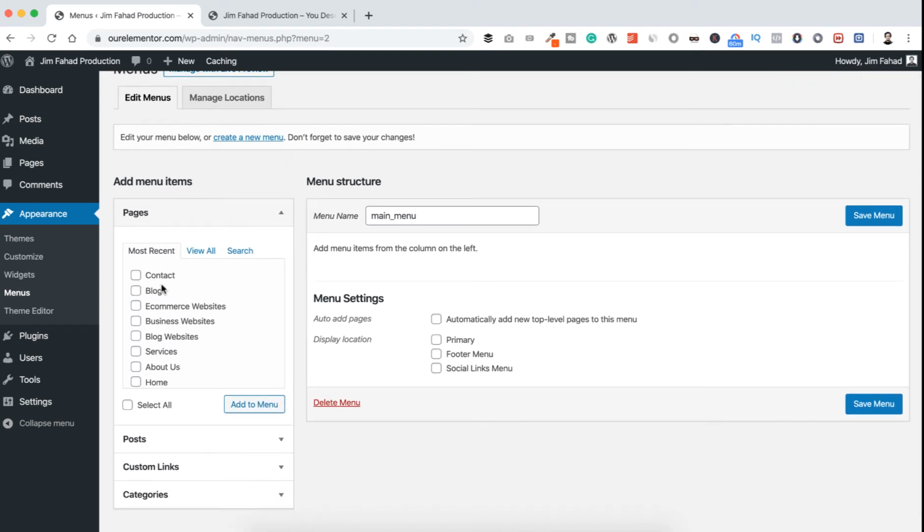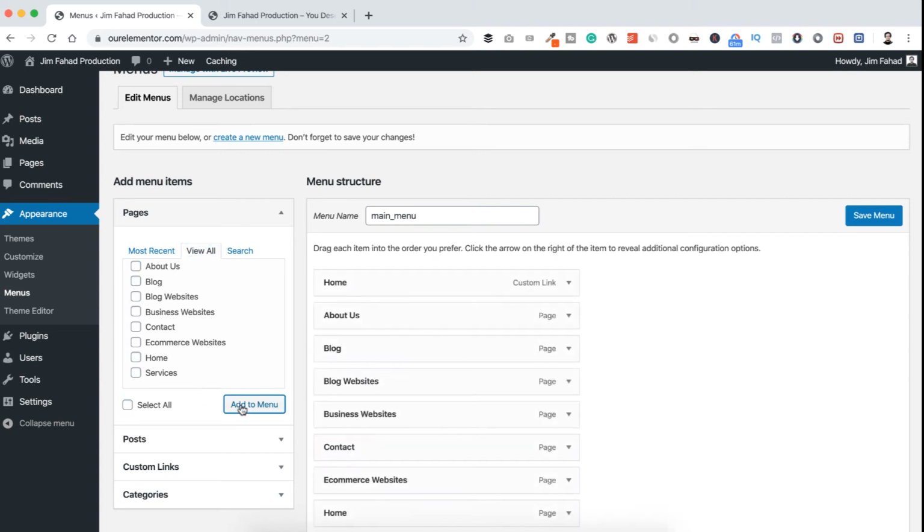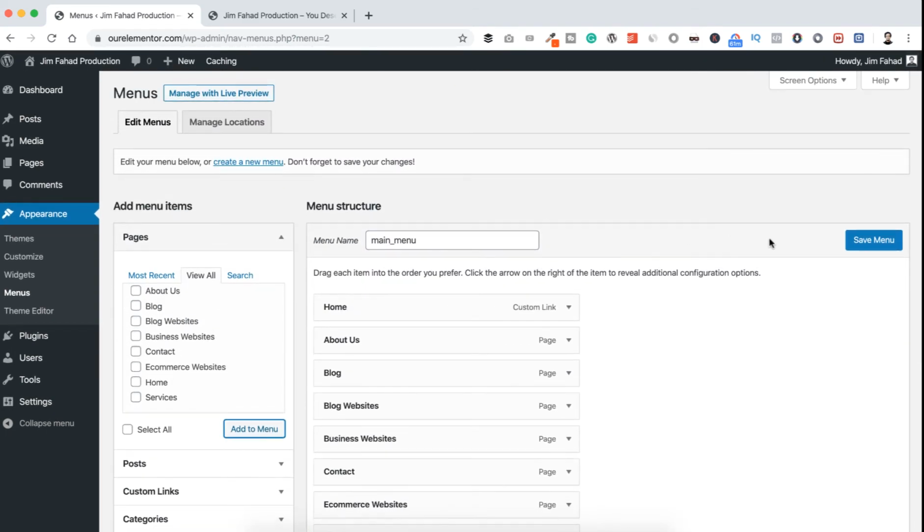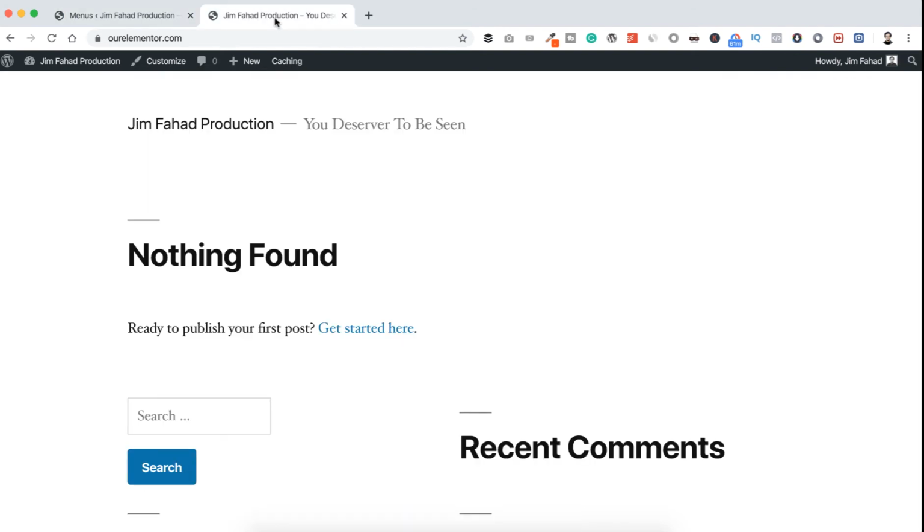And now from left, here you can see most recent pages, or you can click view all pages. So here is my all pages. I click on select all and add to menu. So all pages are added to the menu. If I now click on save menu and then go to front end of our website and refresh the page,